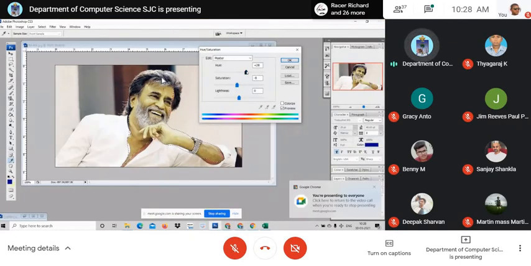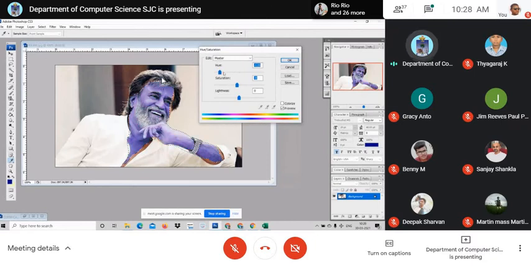Yes, am I clear to you? See, look here. I can select any color. On the top, hue is what chooses the color. And here, for example, choose a portion and you can saturate the color. Look here. I can increase the color depth and I can reduce the color depth, or reduce the color strength. And you can make it light or you can make it dark. All these are possible with hue saturation.